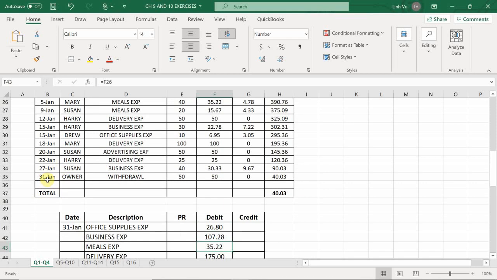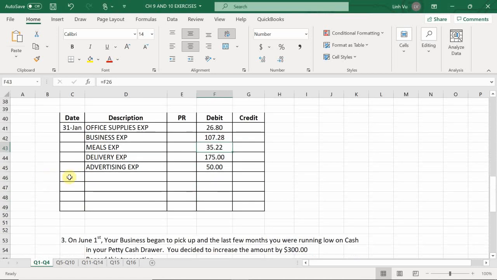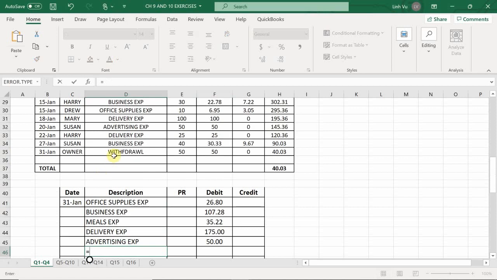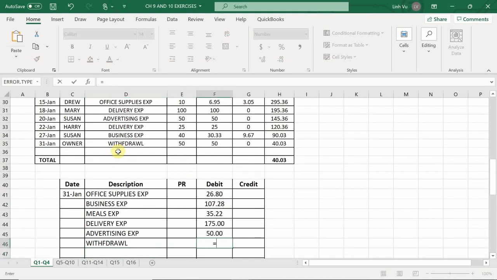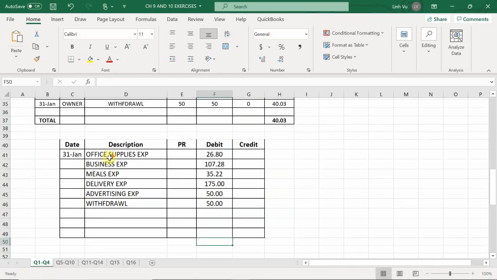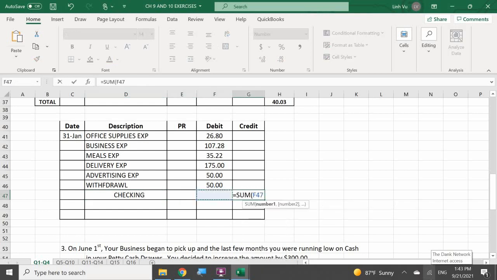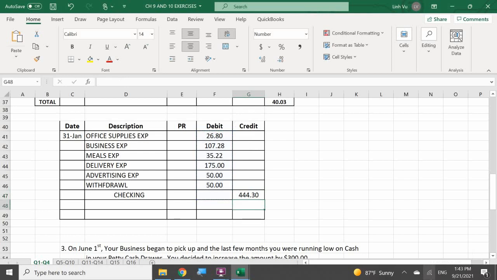Last but not least, the owner decided to take money away from the petty cash drawer. Maybe needed some change to go buy some stuff. So on January 31st, the last transaction here in the petty cash drawer is going to be a withdrawal for a total of $50. So again, withdraw for $50. Okay? And then again, the rule is we're going to recognize all the receipts, right? All the expenses, and we're going to write a check out to the petty cash drawer for the total amount of receipts. So in this case, I'm going to go ahead and use my equal sum, and I get a grand total of